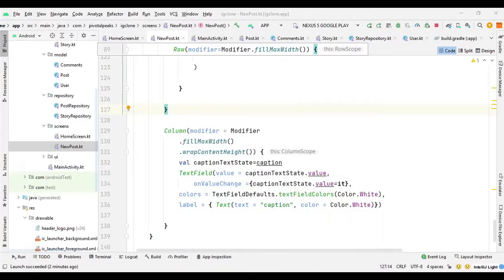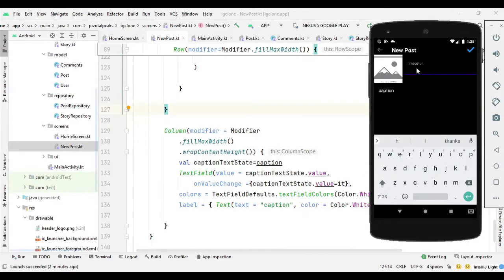So let's go to the emulator and put our image URL inside it. So after pasting, yeah, we can see the image. So I think the image URL is working fine. So now we can work on this validation, post validation. So let's work on that. And as we remove the string or the image URL, the image is gone away. So it's working fine, I think.